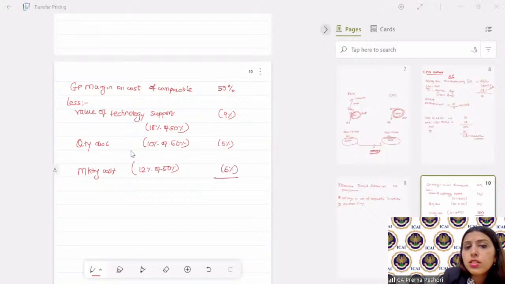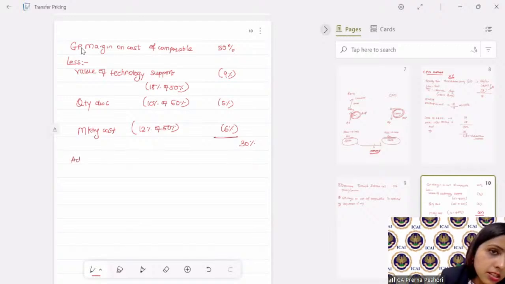Right? Now this comes to 30%. What additionally has been given is Element is offered 1 month credit to ABC and it is not given to XYZ. So this particular credit is given to ABC, but it is not given to XYZ. And therefore the cost of ABC will increase. The cost will increase if it is being provided to ABC. Right? And therefore